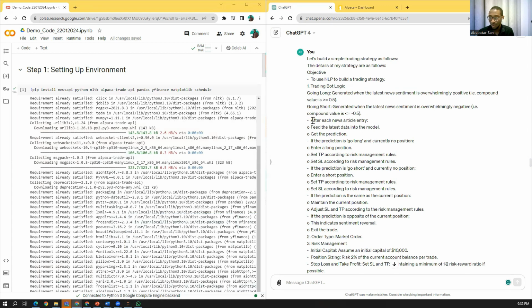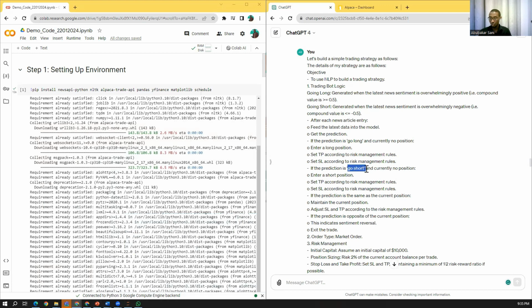After each news article entry, once we receive news, we feed this data into the NLP model. Then we get the prediction, which is the sentiment. If the prediction is to go long and we are holding no position, then we will go long, and we set our TP and stop loss according to the risk management rules.